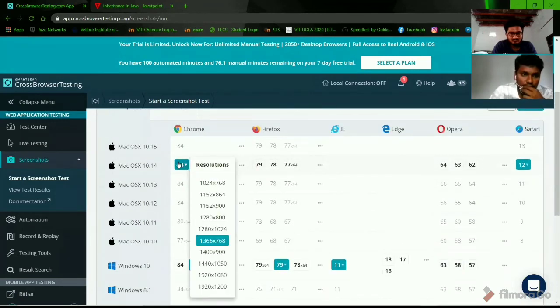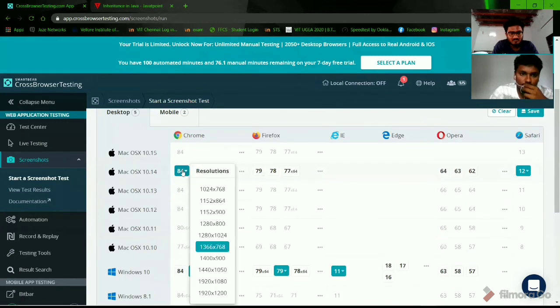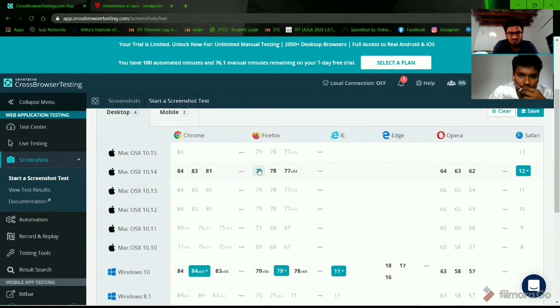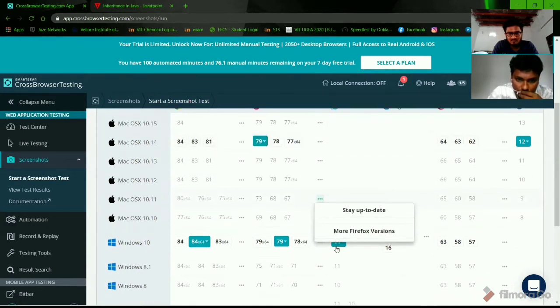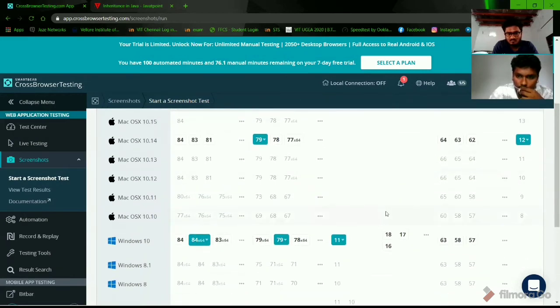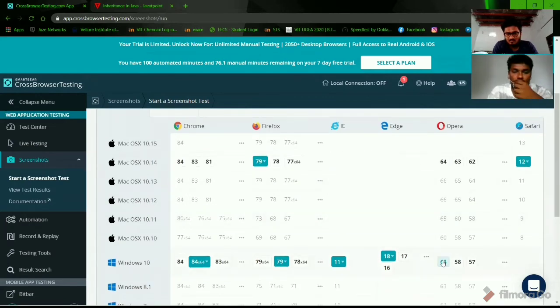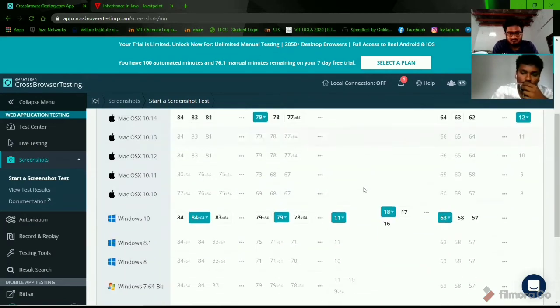We will see how it works in the screenshot test. We will take one application and see an example. Here you will select Mac with resolution and Firefox, and Windows, everything, and at a time we will check how the application works in different browsers.